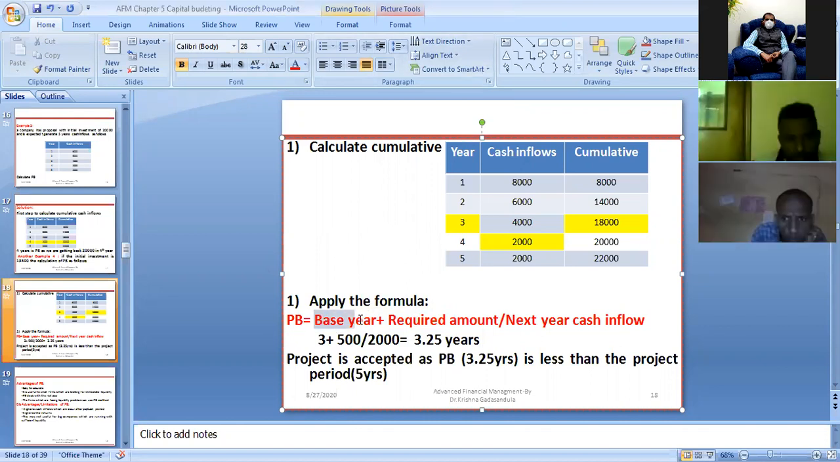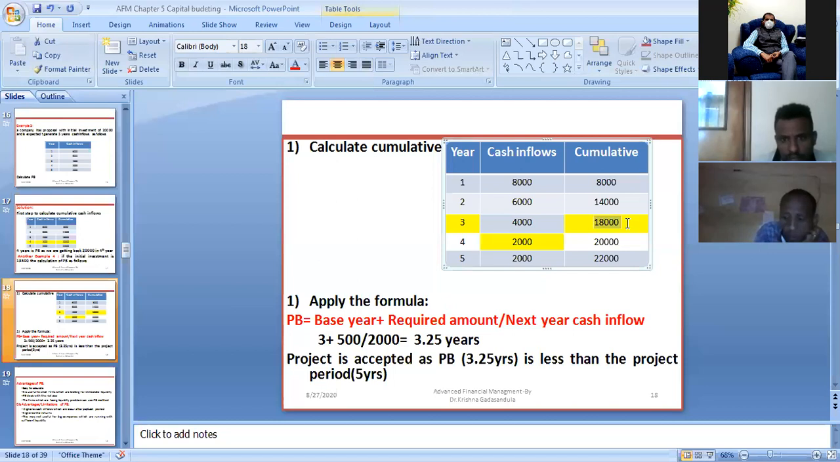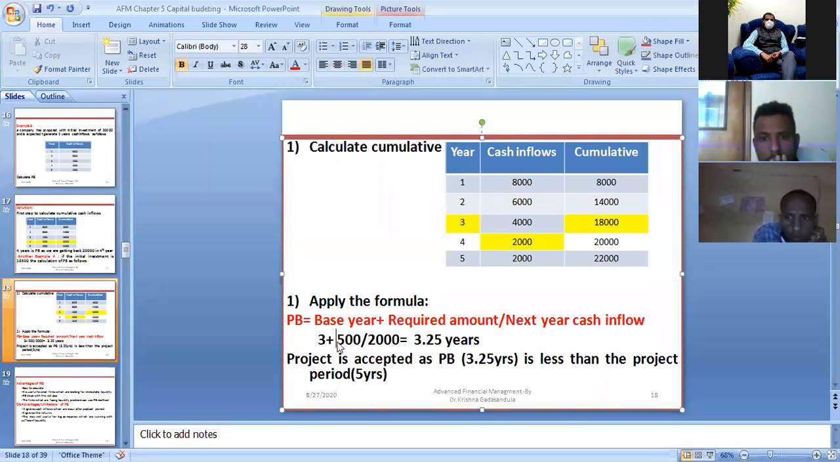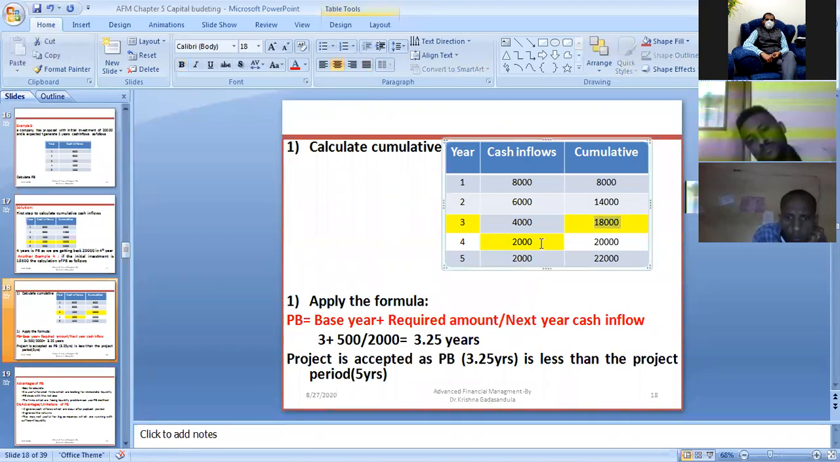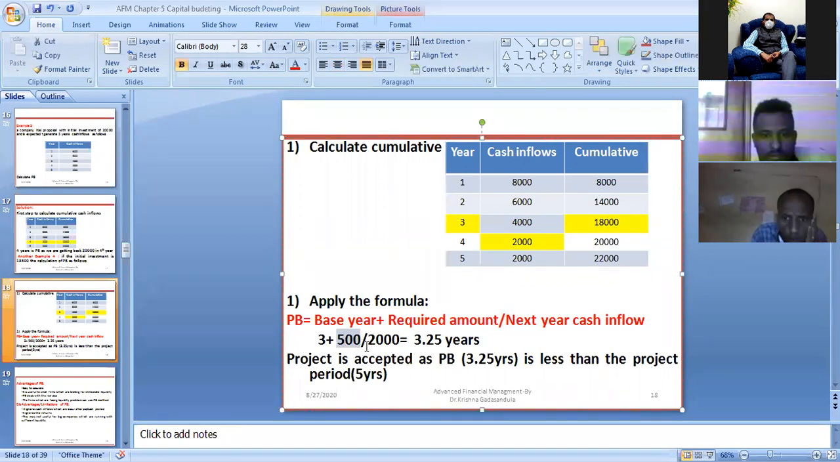Base year, what is the base year? Where is that major amount involved? 18,000, because we have 18,500. Yes, so base year is this. Base year is the third year, plus required amount. How much amount is required for us? 18,000 plus 500 is required. So 3 plus 500 by next year cash inflow, because out of this 18,500, 500 is included in